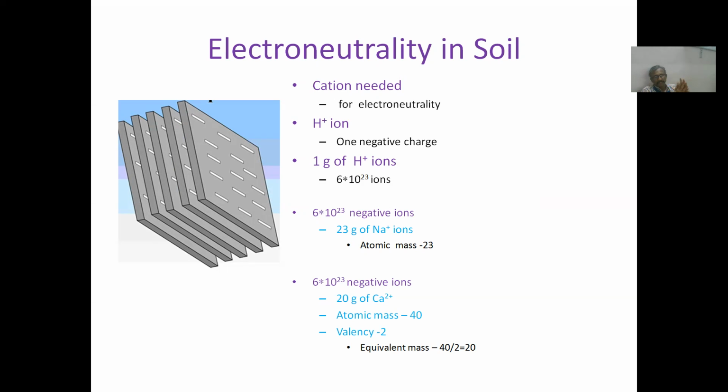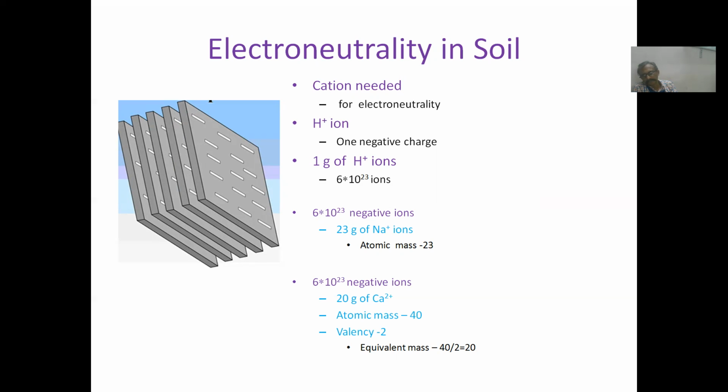So 1 gram of hydrogen will have approximately 6 into 10 power 23 ions. It's a standard. So instead of hydrogen ions, let us assume that we have 6 into 10 power 23 negative ions